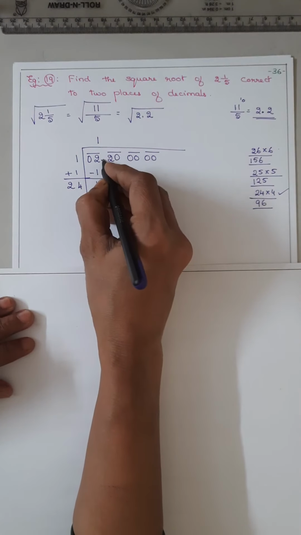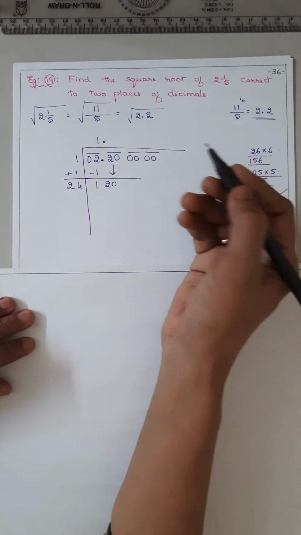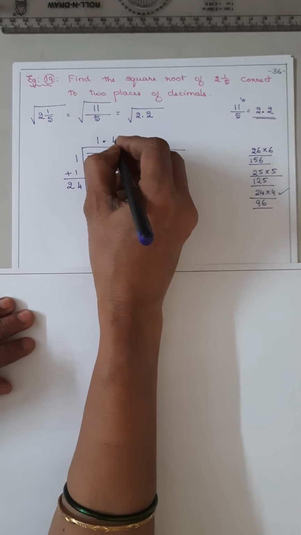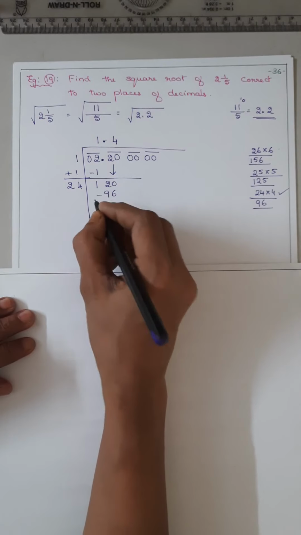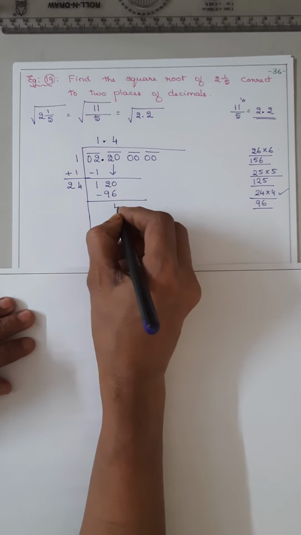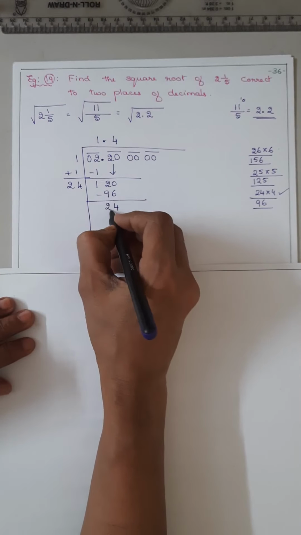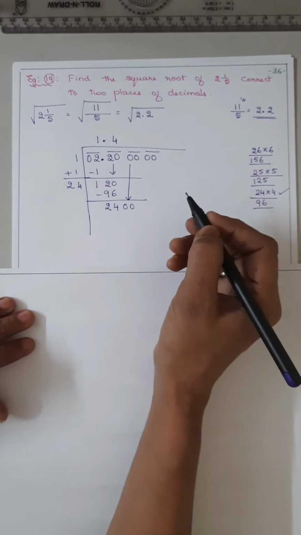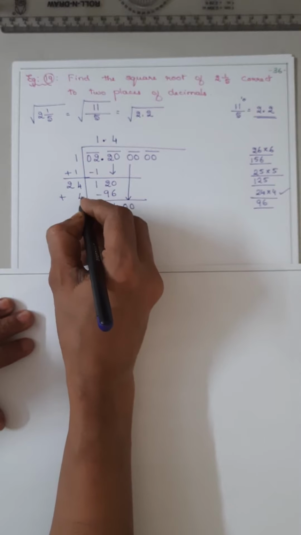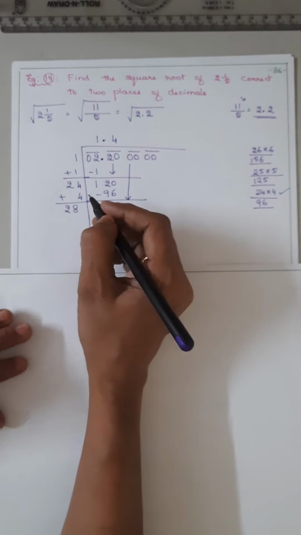Now decimal, here there is decimal, put the decimal and then proceed. So it is 4, you got 96. 10 minus 6 is 4. Now here it is a 1, means 11 minus 9 is 2. Bring these 2 zeros down. Now add this 4. 4 plus 4, 8, and this 2.